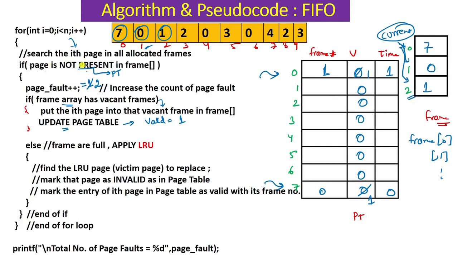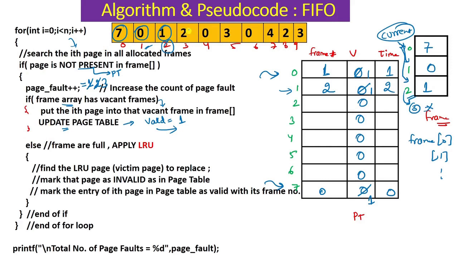I think you can do this by yourself. 1 will not be present, the page fault will be 3, a vacant frame was there, I update 1 here, so the valid bit will become 1, the frame will become 2, and this 1 is accessed at time 2, right? Now after this, current will become 3, but I have to do something so that next time this current is used in such a way that the frame at position 3 cannot be accessed, because it is an invalid position, right? So I will do something here, and let's see how.